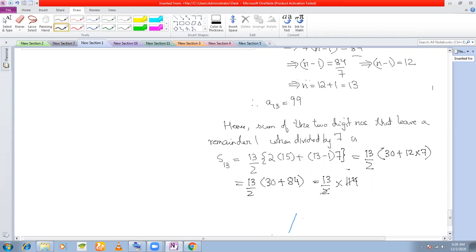This cancels here. 57 and 57 into 13, 741. That's it. This is the required sum. Okay, so I stop here for